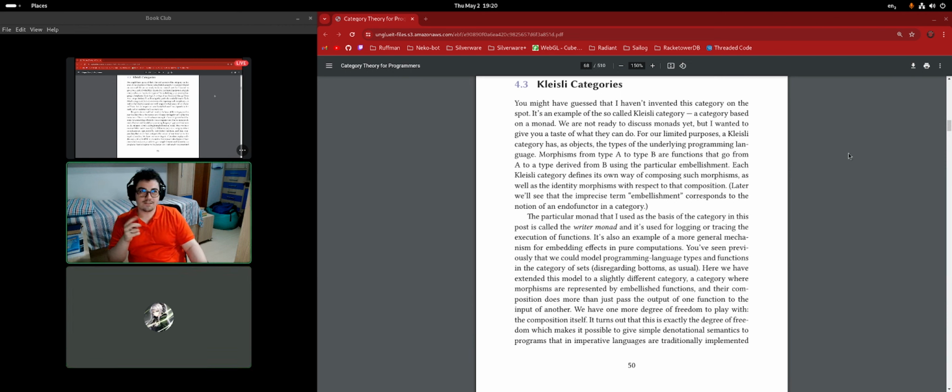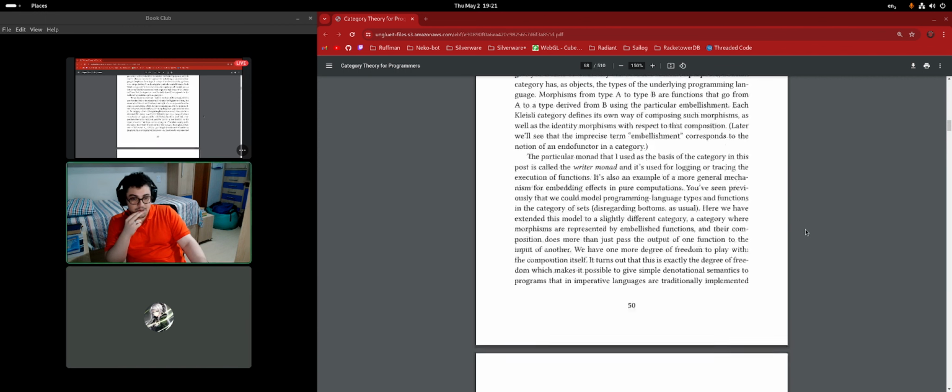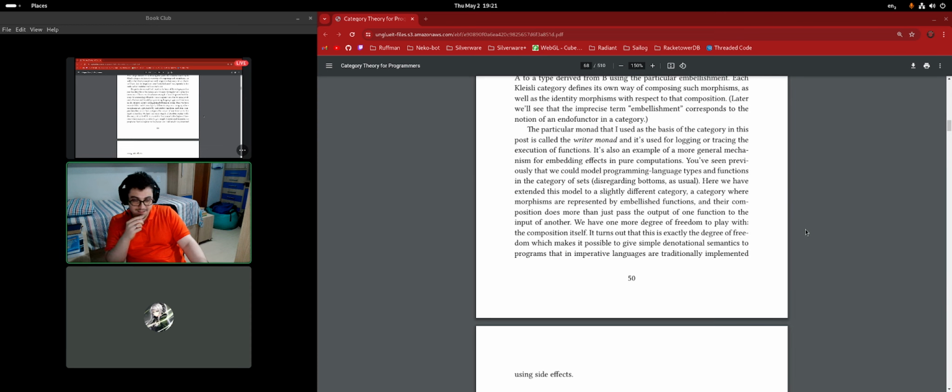Okay, so I see. If you're talking about arrows between objects, we call those morphisms. But if you're talking about arrows between categories, we call those functors. A functor is just a morphism that goes from one category to another. That's nuts. I'm excited to read that. And there are certain restrictions, like you have to preserve some structure in the categories, so it's not just any plain old morphism that is a functor. We'll get to that when we get to chapter 7. Okay, so let's continue here. That's a nice spoiler.